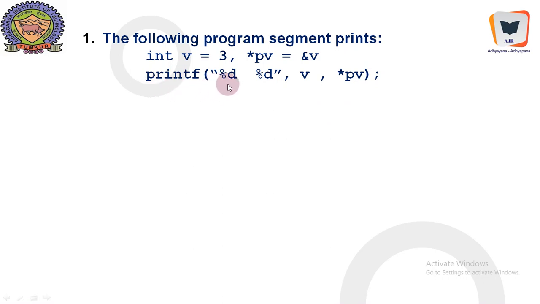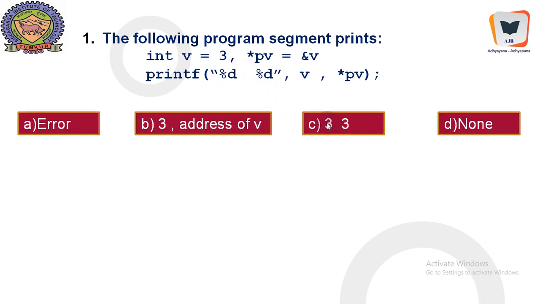So in this printf we see %d for this. So the value of v will be printed, and star pv, where asterisk is called the indirection operator, only means the content of the pointer, the content of the memory location pointed to by this pointer. I repeat, star pv means the content of the memory location pointed to by this pointer. That is nothing but once again 3. Therefore it has to print 3 side by side with a gap, of course, and all other answers are incorrect.